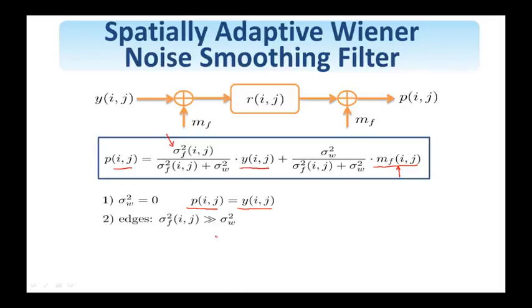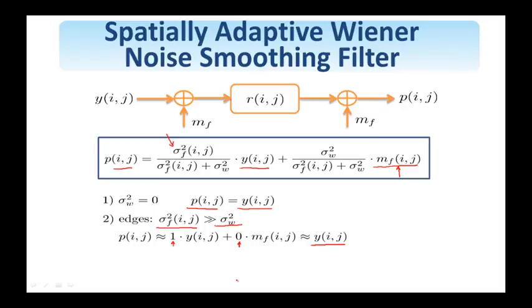If I look at the edge regions of the image, at those locations, then the local variance of the image is much greater than the variance of the noise. And if I take this into account and look at these equations, the first term here is approximately equal to 1, while the second coefficient there is approximately equal to 0, and therefore the output of the filter is approximately equal to the input. And this also makes perfect sense based on the arguments I made at an earlier point, that based on properties of the human visual system, the masking properties, noise is not visible at the edges. Therefore, noise goes through the filter at the edge location since it's not visible, and this also allows us to leave the edges unfiltered, so therefore we obtain sharp edges and the noise is not visible,